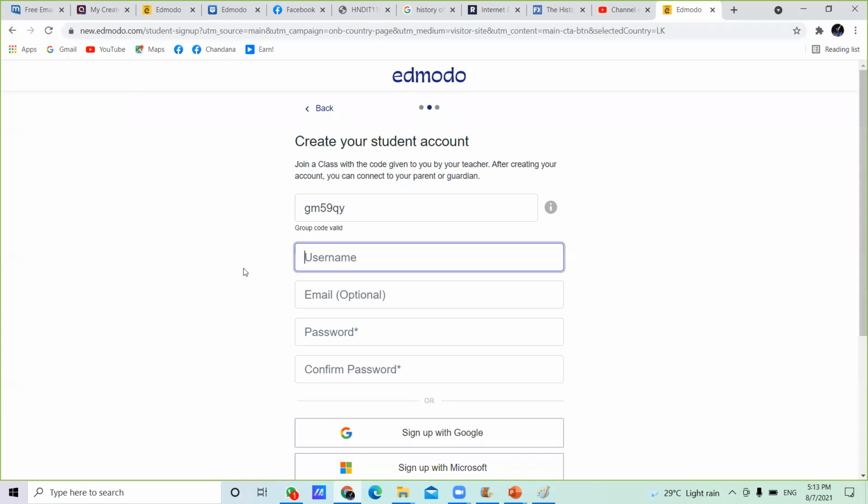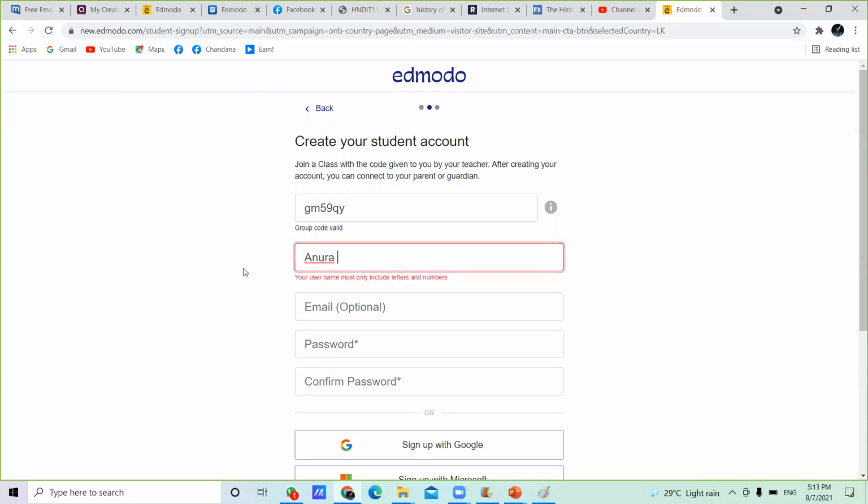As a username, I am giving a fake one. I am giving Anupra. Once you give it correctly, below that it says "username available." Once you get this message, you are okay.